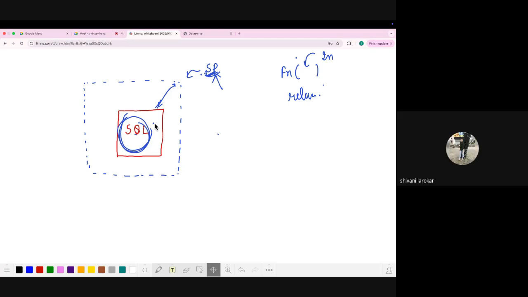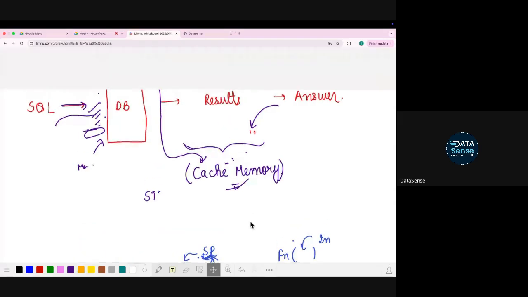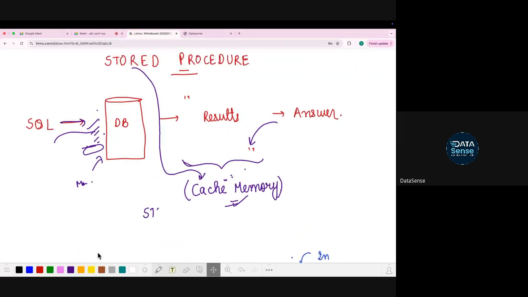How does it become efficient? What is actually happening in a stored procedure? How does it happen that every time you call a stored procedure, you do not set up a connection, and you call everything from cache memory? So while creating the stored procedure, the query gets stored in cache memory, so that if we call that stored procedure, it will give the output. Is that something like that?